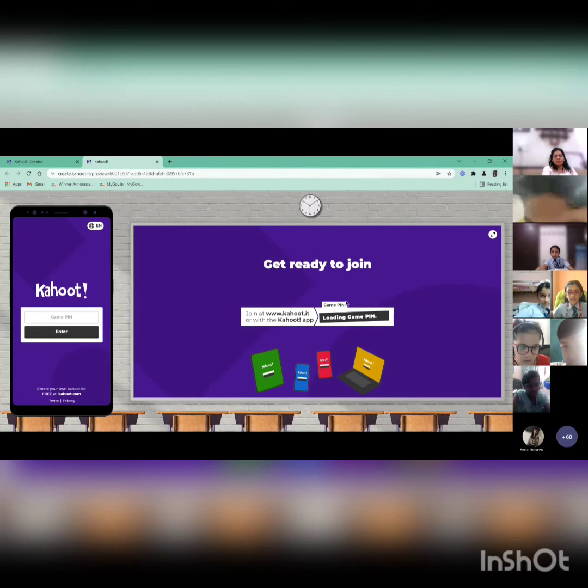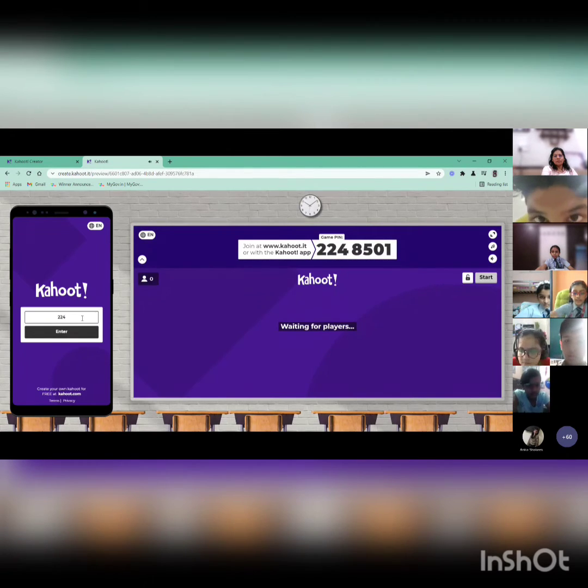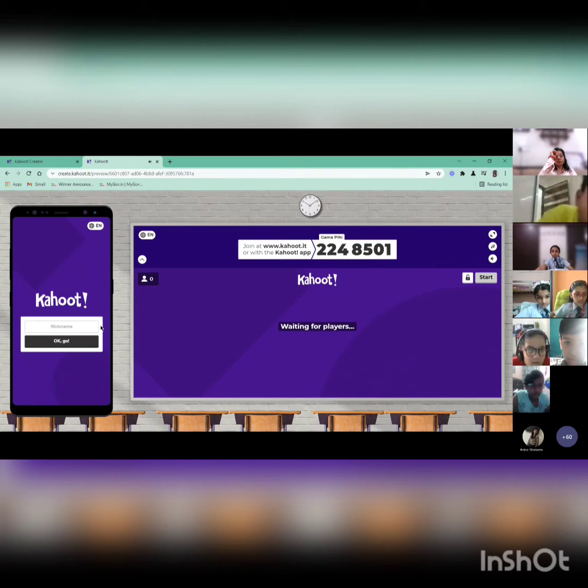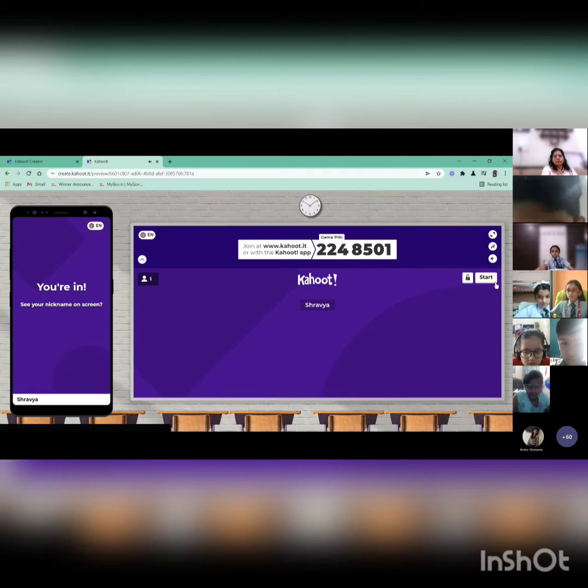Again, when the game pin loads on the big screen, on this mobile screen we'll enter the same game pin. This is just for testing. When you're playing the game, it will look different. So I'm entering it and I'm starting it.